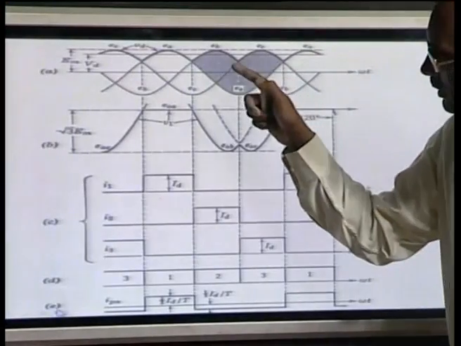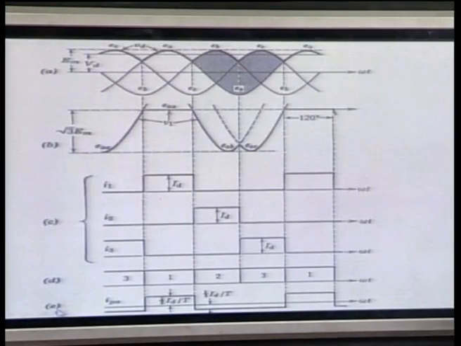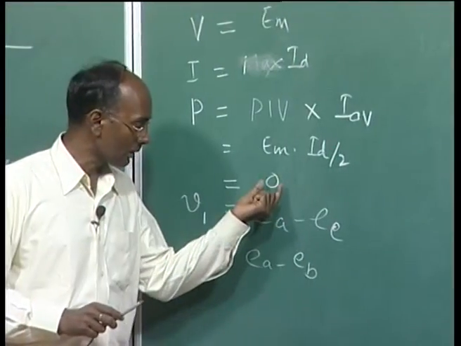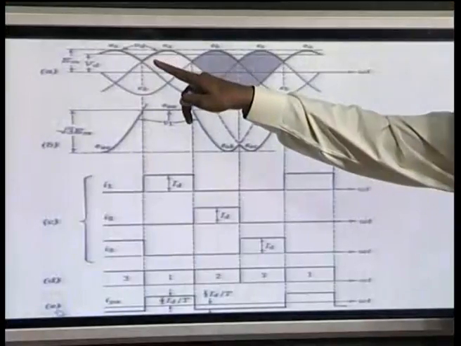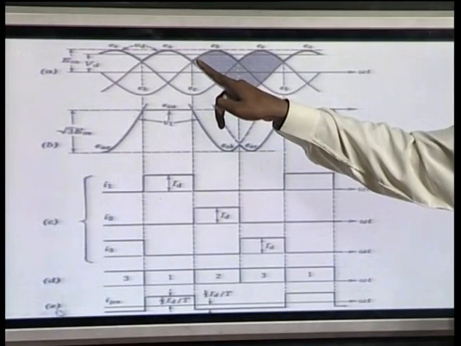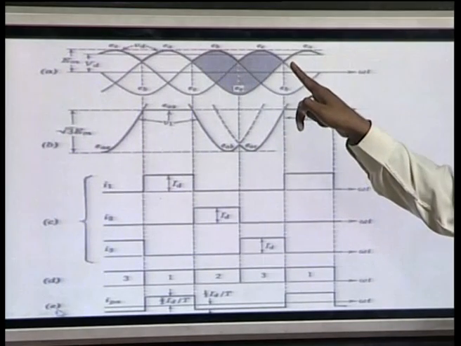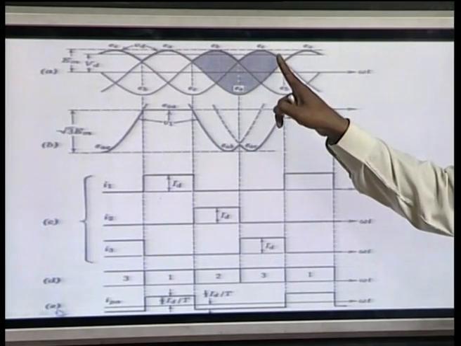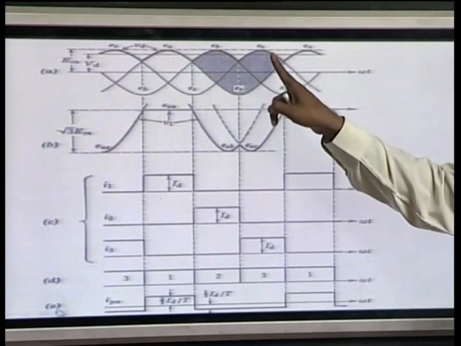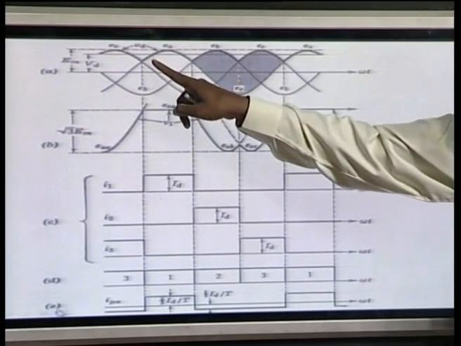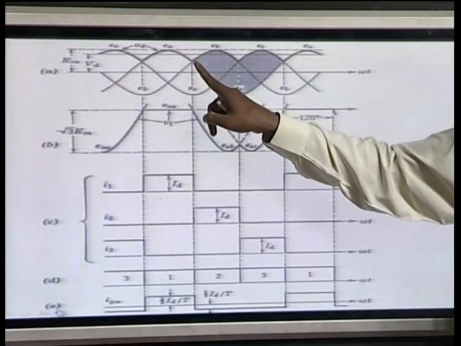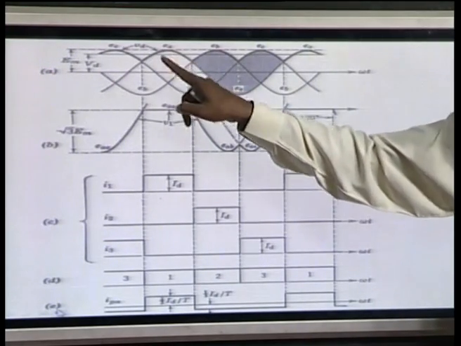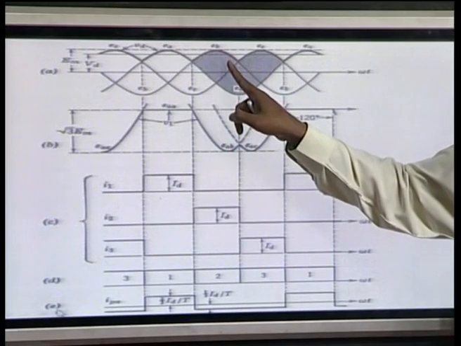Now, if we look at the voltage across the valve, the peak inverse voltage, here EA is going to be positive, which means valve 1 is conducting. During this conduction phase valve 2 is off, and this EA appears up to this period. Now, once valve 2 is going to be on,